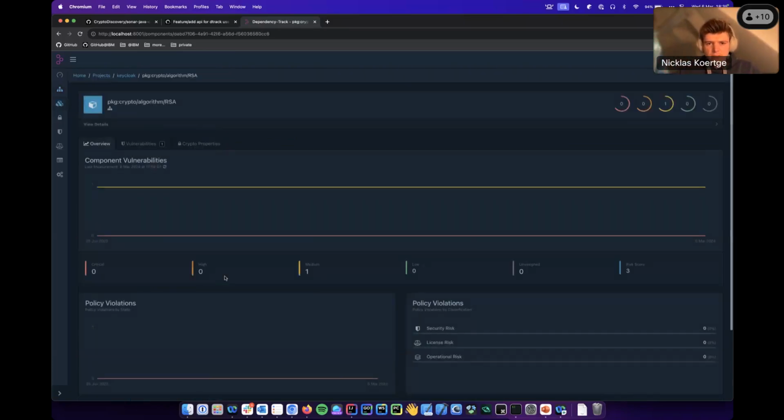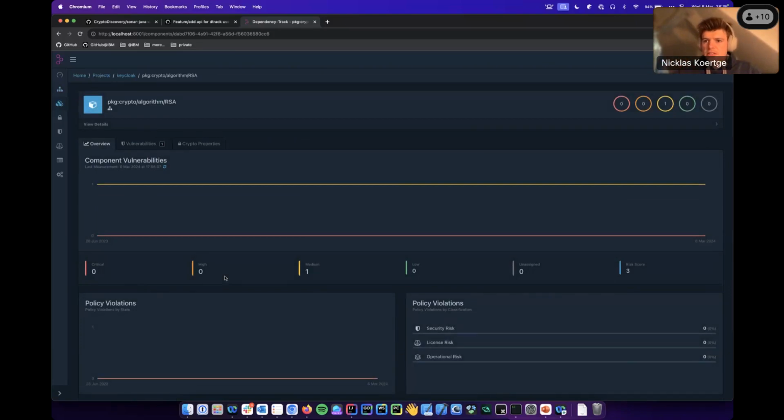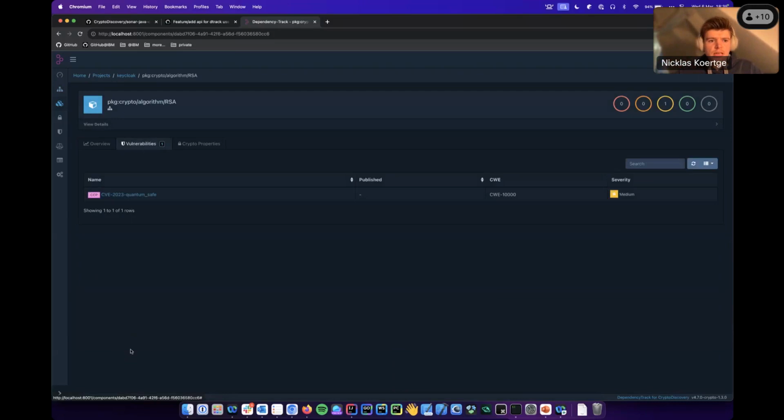And also the second important part that also Basil mentioned is to actually check compliance. So we implemented a policy engine called OPA to allow us to check on the CBOM schema with policies if, for example, an algorithm is quantum safe. And as you can see here, the RSA algorithm is flagged as not quantum safe. It's still shown as a vulnerability because Dependency-Track currently only has vulnerabilities, but for a POC, it helps us to understand the capabilities and to figure out how we could maybe use the capabilities of CBOM and Dependency-Track to assess also quantum security. That's from my side.